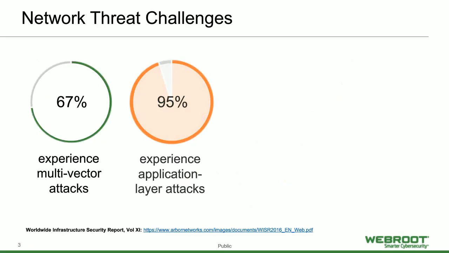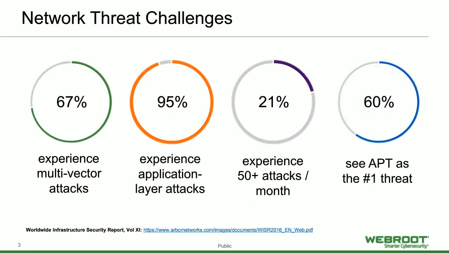So let's talk about the threats. What are we seeing out there? Nick touched on some statistics around malware and what kind of malware is showing up. But what about your network? These stats are taken from Arbor Networks. It's an infrastructure security report, very helpful for understanding how companies get attacked and what kind of trends that they're